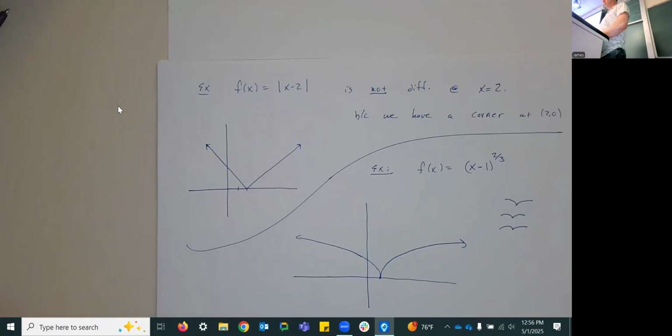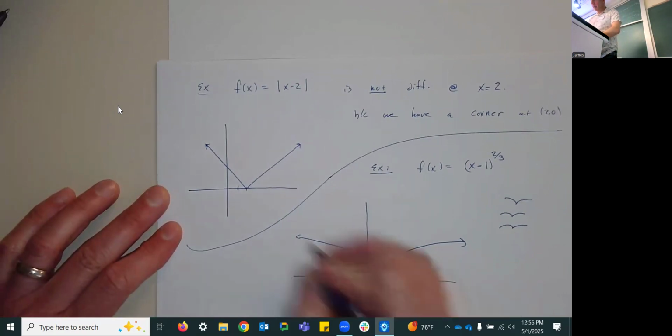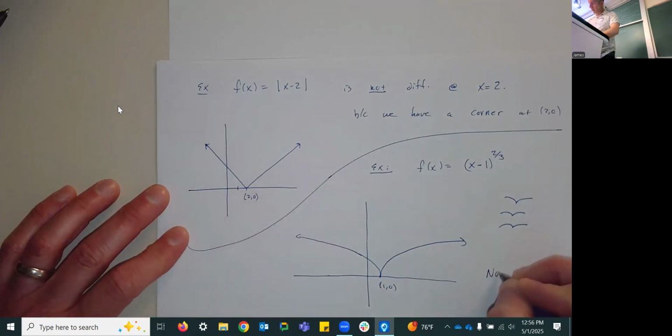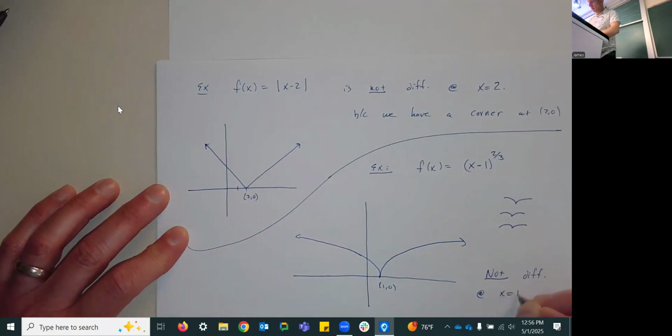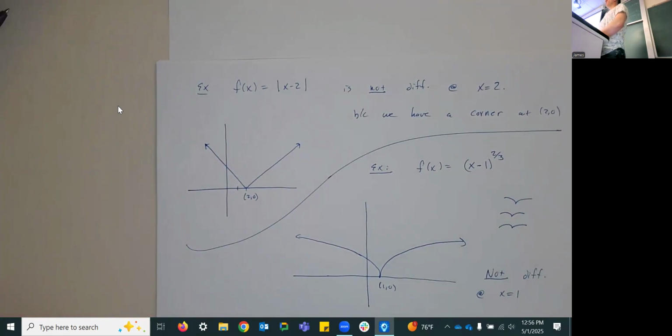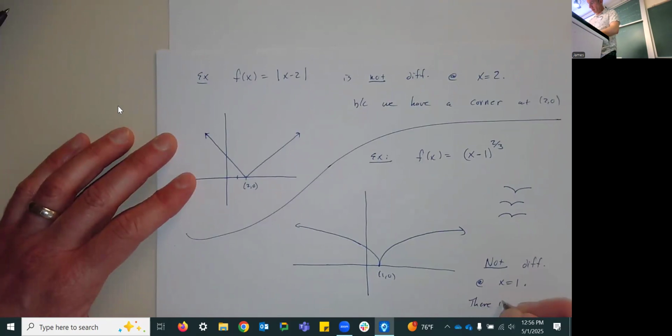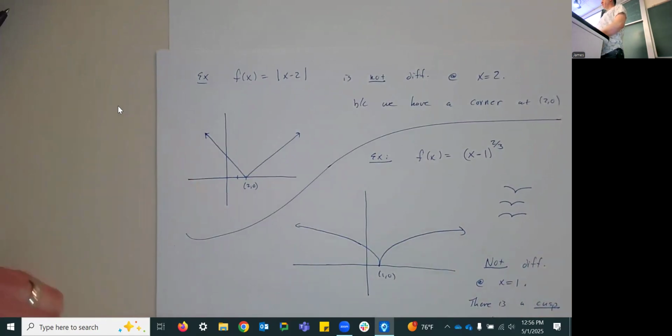And it's definitely not differentiable at x equal to 1. Here we have what's called a cusp. Although again, I would just call it a pointy point. If you've got a pointy point, not differentiable. I know it sounds a little silly, but I remember pointy points. And finally,